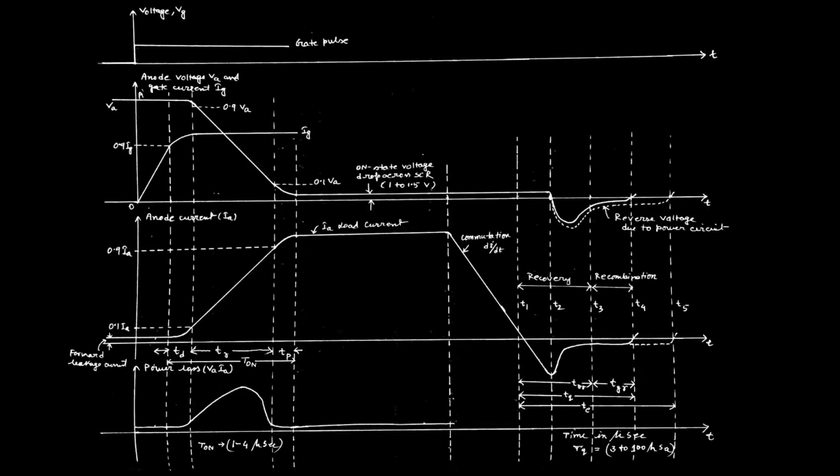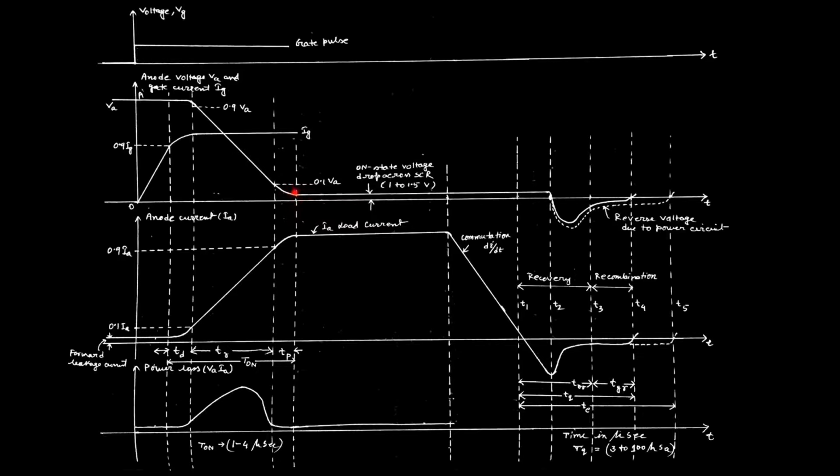After that, in the spreading region, the anode current rises from 90% to the rated value. In this region the device starts conducting, and obviously the anode voltage falls from its 10% to the on-state voltage drop,